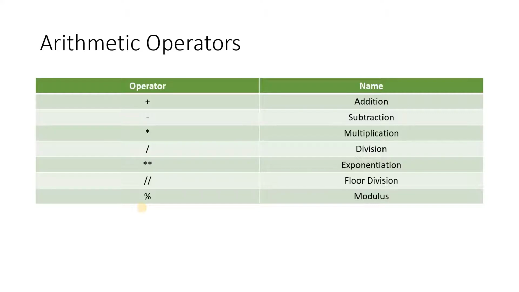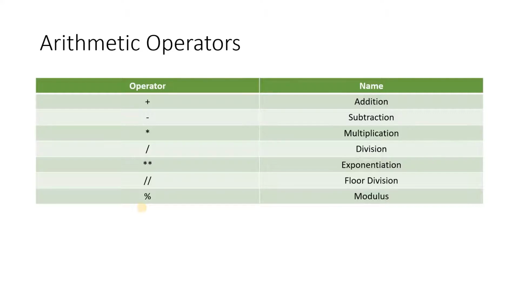The difference between division and floor division is: in division, when a number is divided by another number, the result can be either an integer or a decimal point number. But in floor division, when a number is divided by another number, the result will always be a rounded integer value. It will not be a decimal point number. That's the advantage of floor division in Python. The difference between division and modulus is: division gives us the quotient and modulus gives us the remainder. It will be more understandable when we go through our example program.